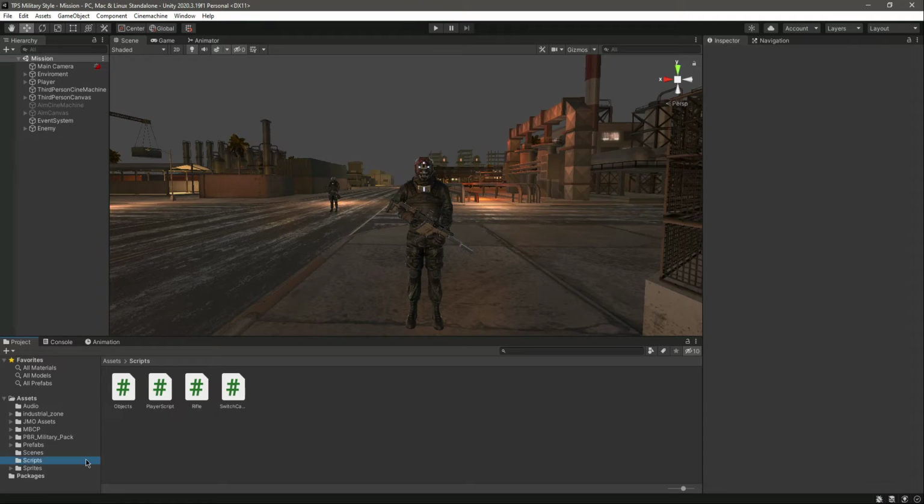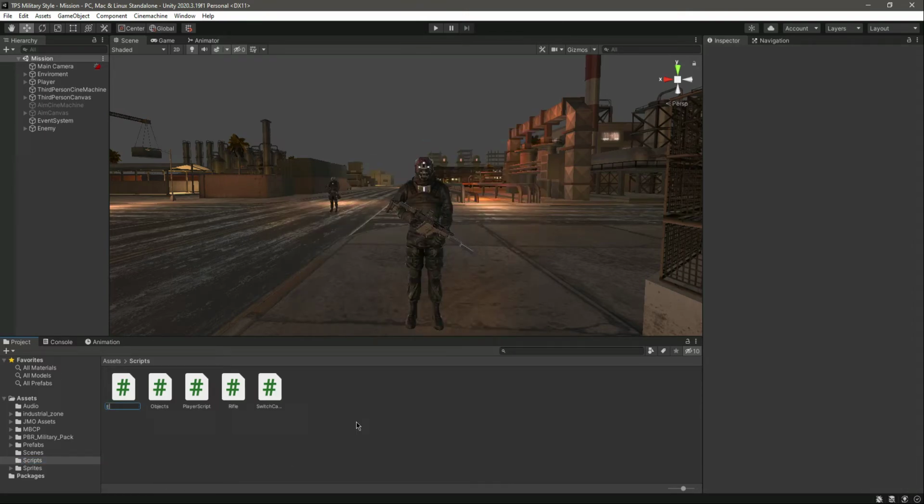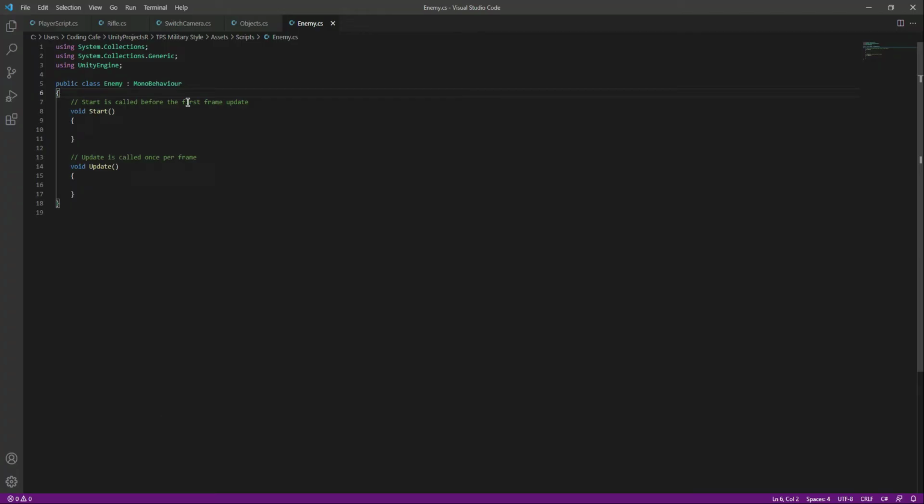So right here in the scripts folder, create a new C# script and let's name this as enemy, and open this script inside Visual Studio Code or any editor that you are using. And right here at the top we will say using UnityEngine.AI. Since we will be using the navmesh agent, so for that you need to add this at the top of